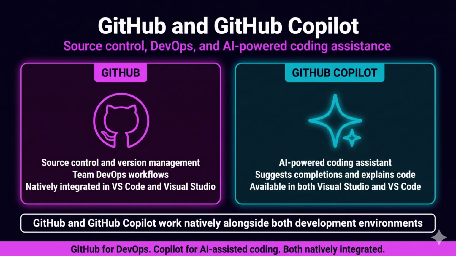Alongside the development environment itself, source control is a critical part of any real development project. And GitHub is the world-leading platform for exactly that. GitHub is not just a place to store code. It is the foundation of modern DevOps management. Version control, branching strategies, pull requests, code reviews, and release pipelines all live here. For team-based AI development, GitHub can be a critical element of the workflow. And the good news is that both Visual Studio and VS Code provide native integration with GitHub, so you do not need to set anything